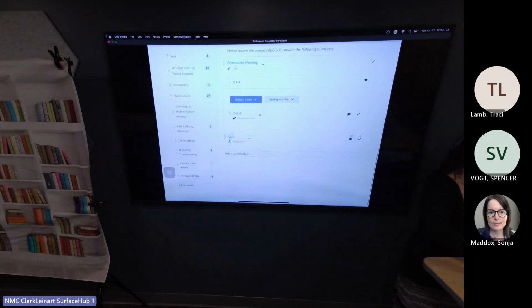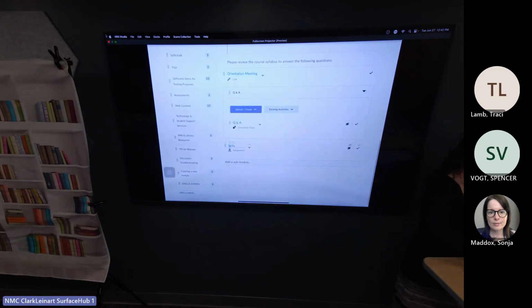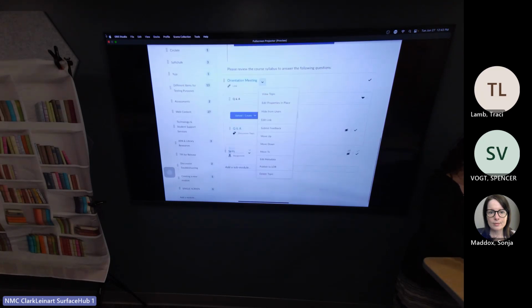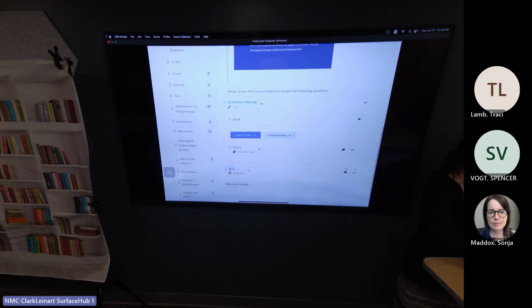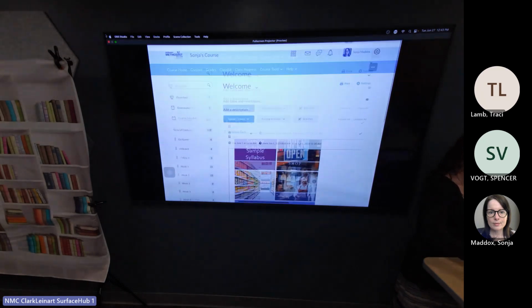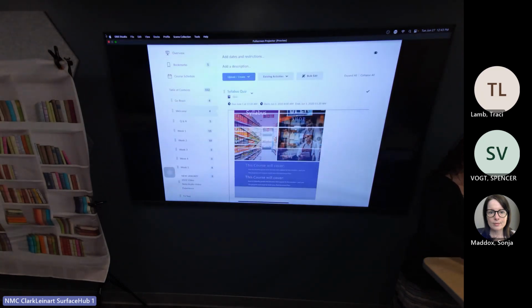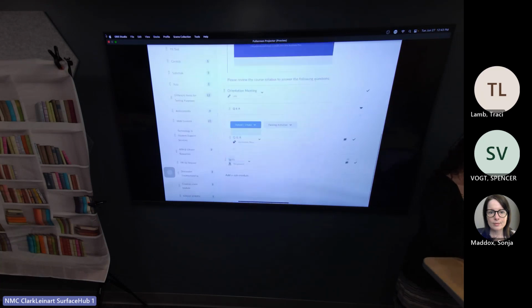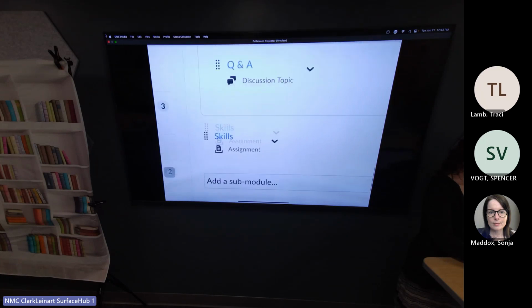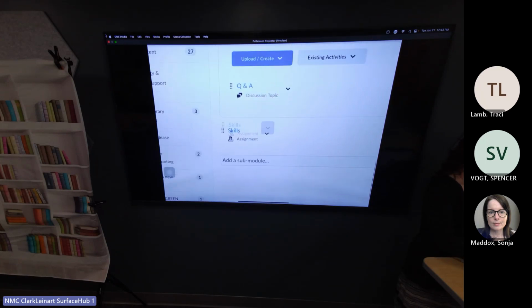Let's say I don't want that. I'll try a different one. Just drop down next to it, and the very last option is to delete that topic, and that would just delete it completely. But what these are, like the discussion topic, it's just the placeholder that takes them to the corresponding tool. It's there, but it's not really there anymore.